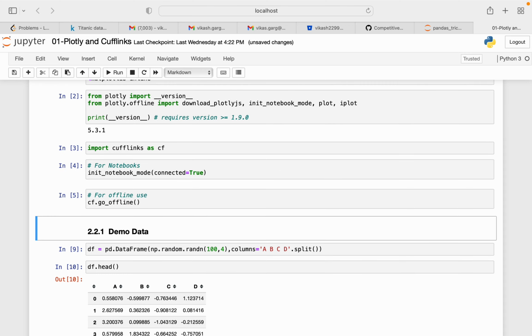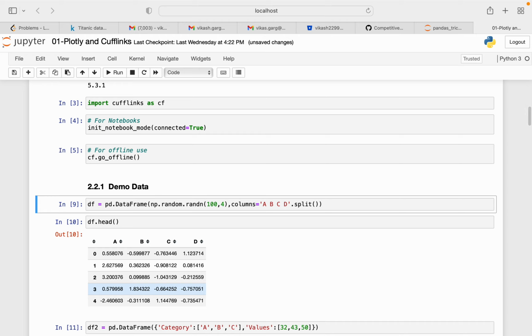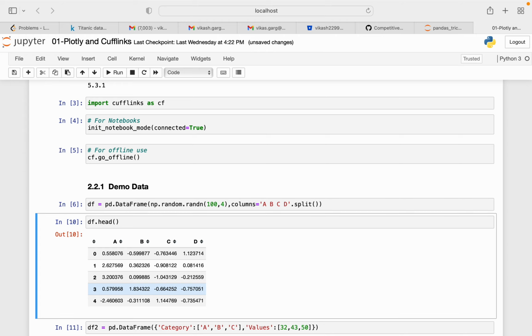And now we are creating some demo data. I'm creating a data frame which consists of random numbers, with A, B, C, D as columns, and I'm using the random function. The random function will generate the random numbers, and so we are getting these random numbers. Now if I print head, it will print the first rows of 100 numbers between 4 columns.